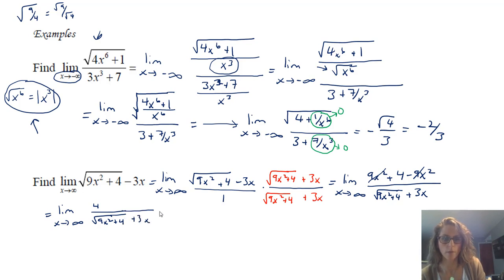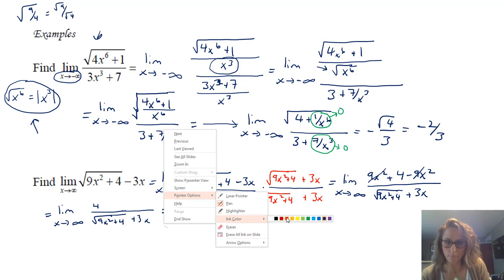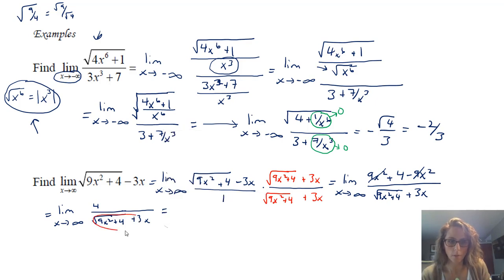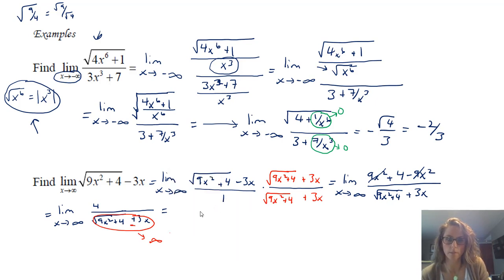Okay, looks kind of funny, but you get it. And then at this point, it's okay to basically say, we have a 4 in our numerator, that is just a constant. Our denominator has values of x in it. Our denominator is getting bigger and bigger and bigger. The point that I'm trying to make here is at this point, we can now say this whole denominator, because notice the addition here, is going to infinity. And 4 divided by something that's getting bigger and bigger and bigger, is just 0. So that is a real number, and that is the limit.